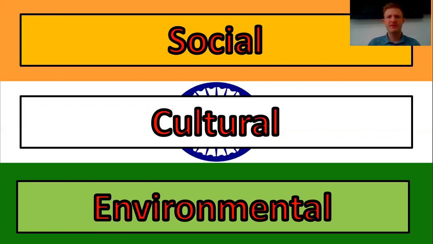Cultural. Cultural is the beliefs, the background, the religion, the things that make a country different in the way that people are. So when we looked at India's culture, we said distinctive food, spice-based, distinctive movies, Bollywood, distinctive music. So they're the things that make India different from other countries. And environmental is looking at nature and the physical surroundings. So nature is the word you're looking for in there.